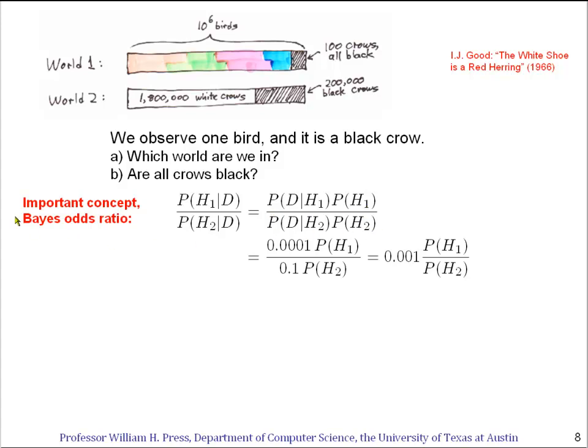And that's called the Bayes odds ratio, and it's simply a computational convenience when you don't want to be bothered calculating denominators. So let's calculate the Bayes odds ratio,